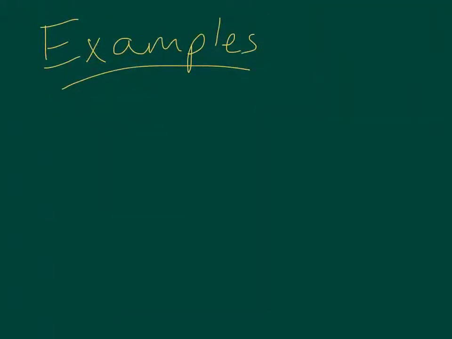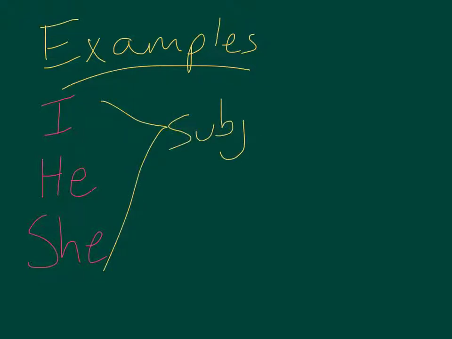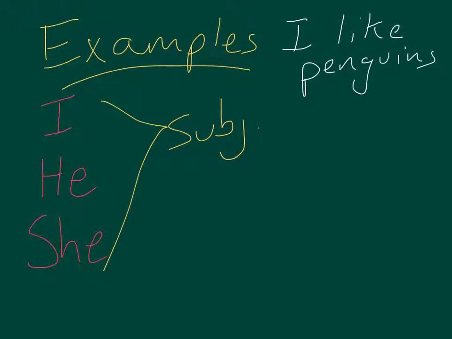So we have a similar thing in English, and that's the idea of our personal pronouns. So we have I, and we have he, and we have she. And all of these are subjects. They're all in the subject case. So when I do something, I say I did it. So, for instance, I like penguins. It's me there who's doing it. I am doing it. But if I become the direct object, if I am now receiving the action of liking, to carry on this example,